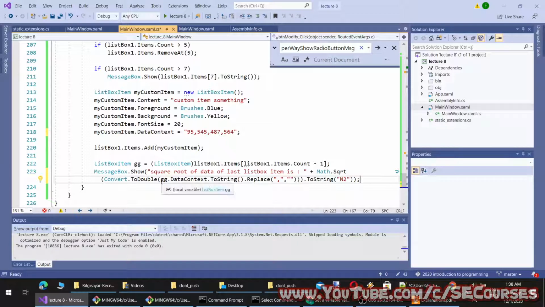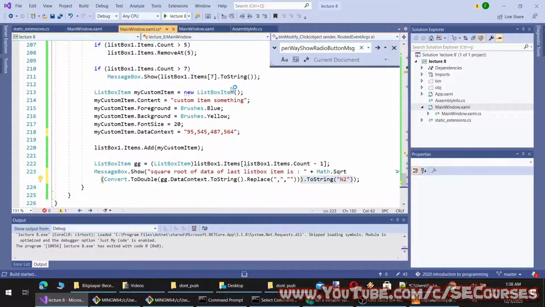Now with this I will read the value of the data context. With this I will replace the commas, and with this I will convert it to double, and with this I will take the square root of the double value, and with this I will convert it back to string.